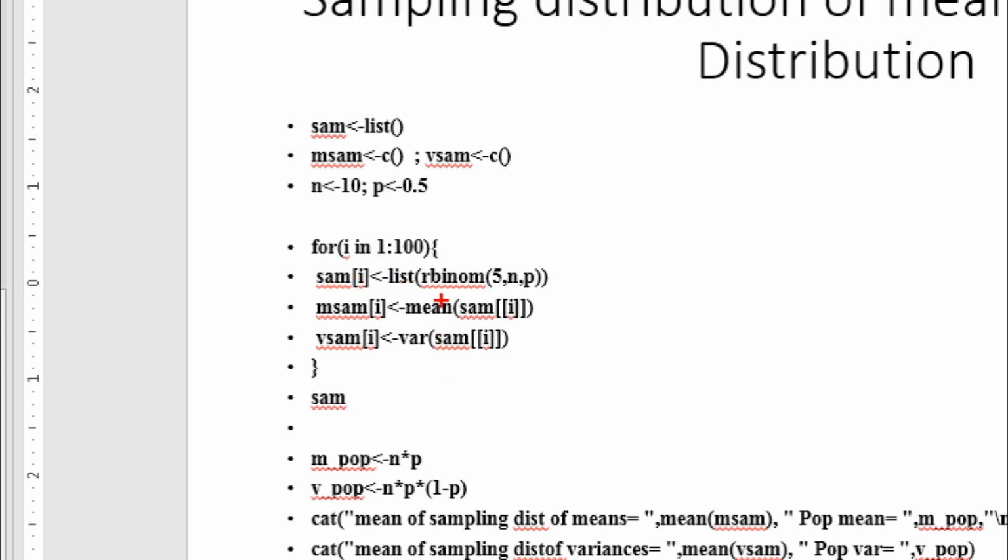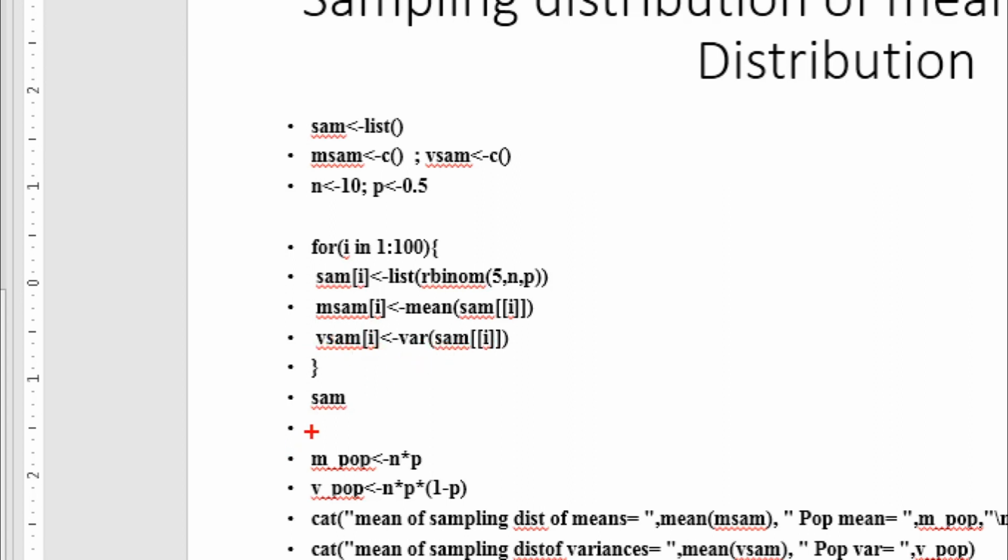Then we access the ith list element of SAM, find its mean, and assign it to the array element mSAM as the ith element.